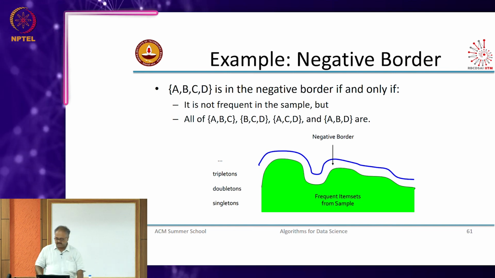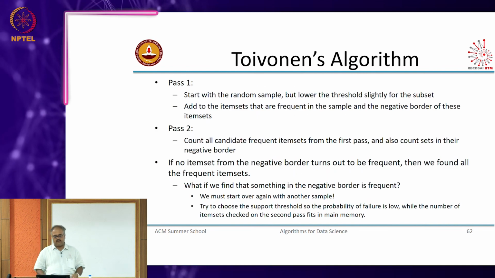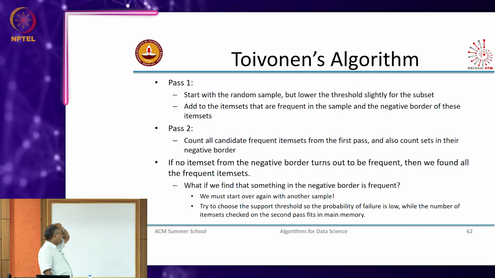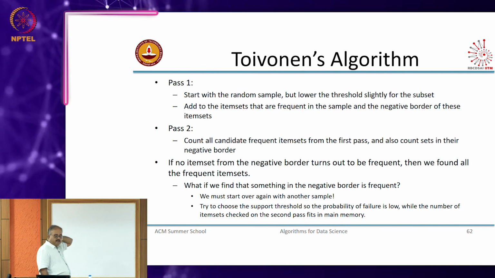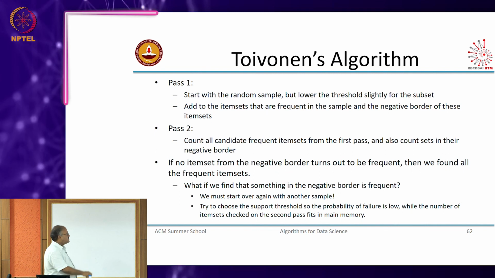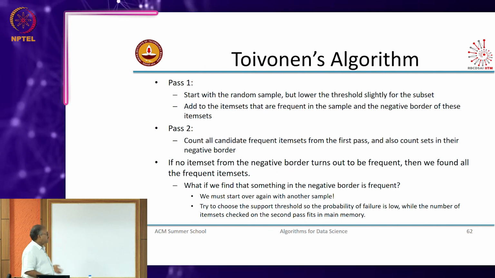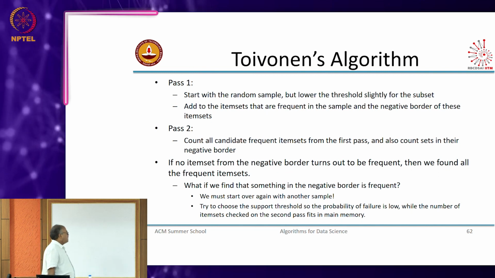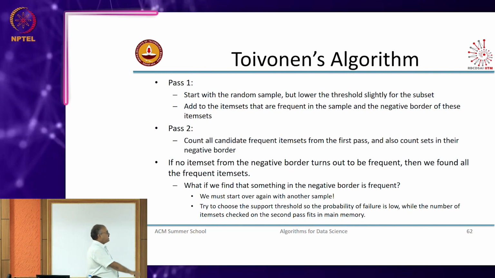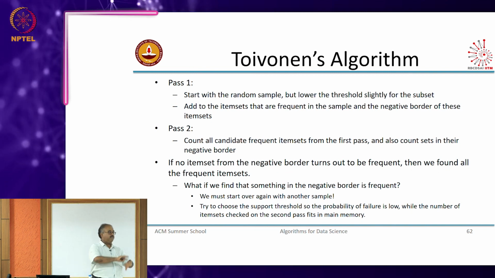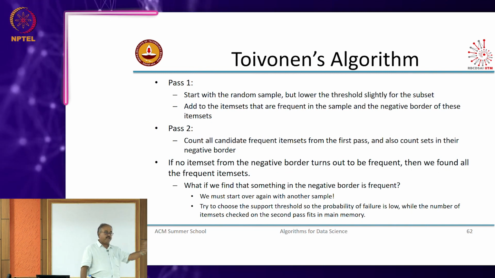So that's the hypothesis here with the Toivonen algorithm. In the next case, pass 2, you count all the candidate item sets. Basically the candidate item sets include the frequent item sets and the sets in the negative border, and for this you count on the entire data. Then if no item set in the negative border turns out to be frequent in the real data,